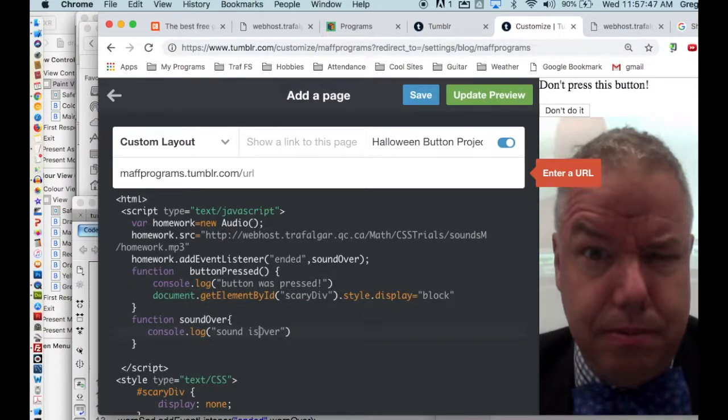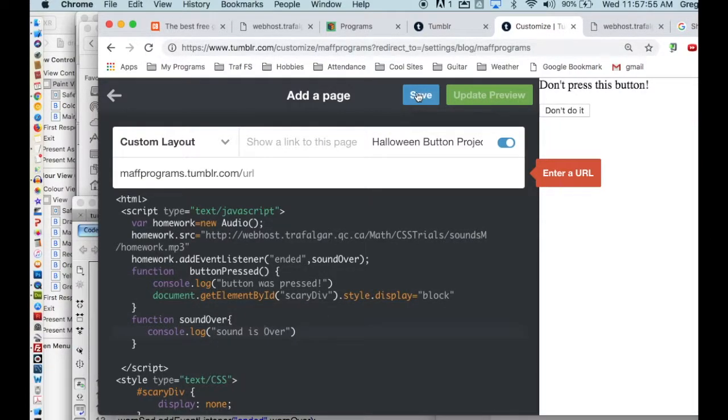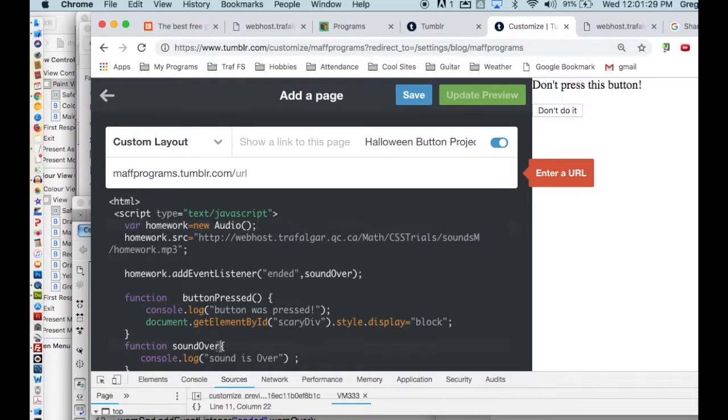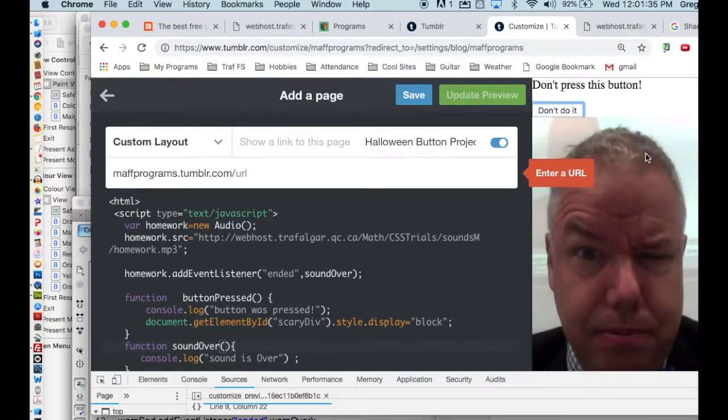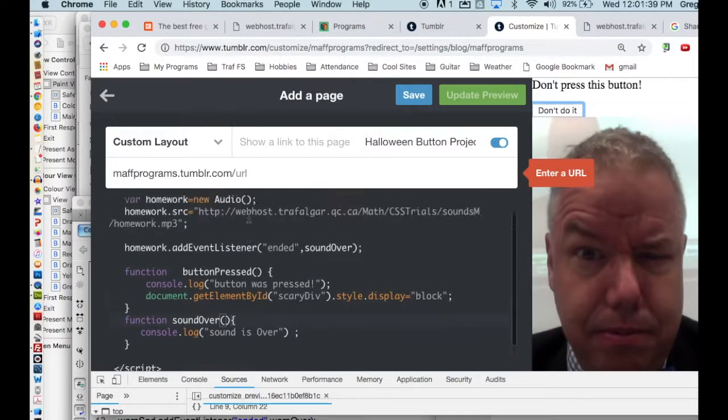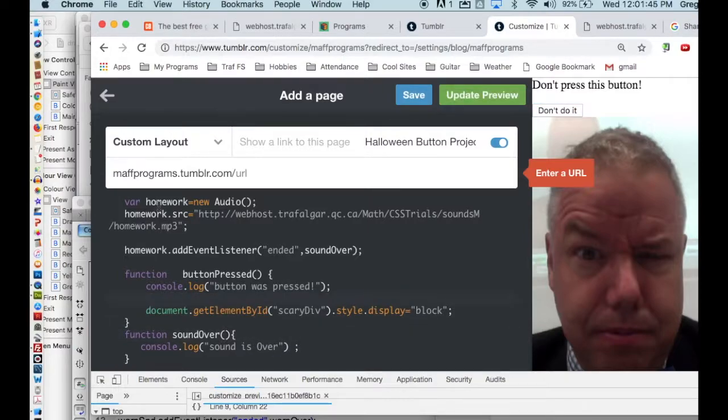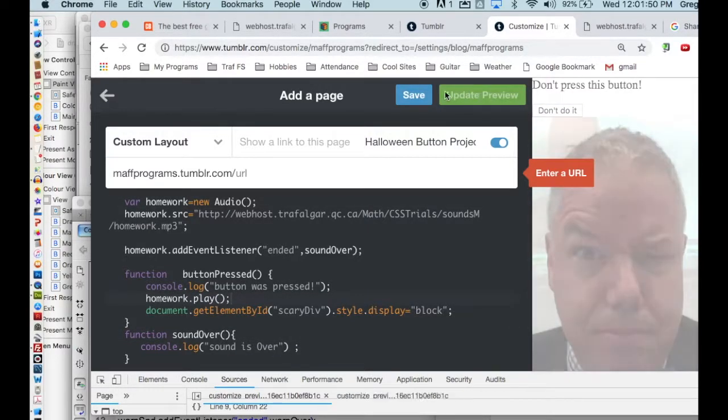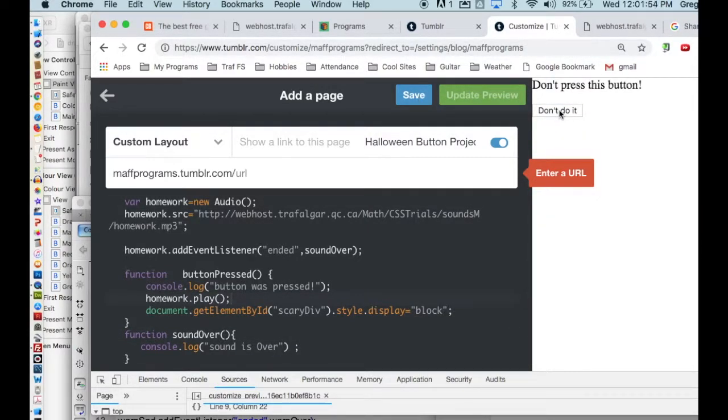Sound is over. Press update preview and save. I have soundOver, but I didn't put the open bracket, close bracket. Update preview, save. If I click on don't do it, then we see the image, but we don't hear the sound, right? So we need to tell it to play the sound. Homework.play, update the preview and save. And then if I click on don't do it,